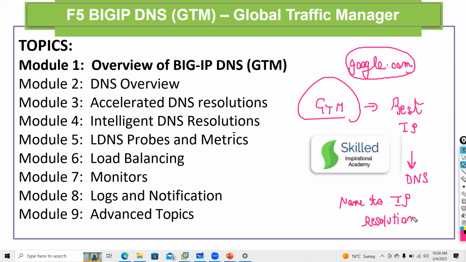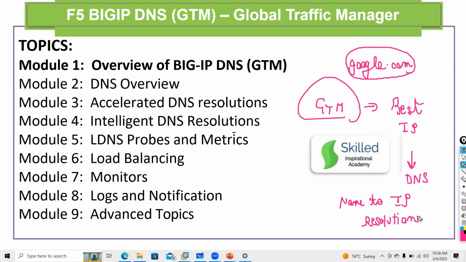So the same thing GTM will provide, but it will use different load balancing algo for name resolution requests. It can be based on your best performance, current performance, or static, round robin. So that we will discuss.